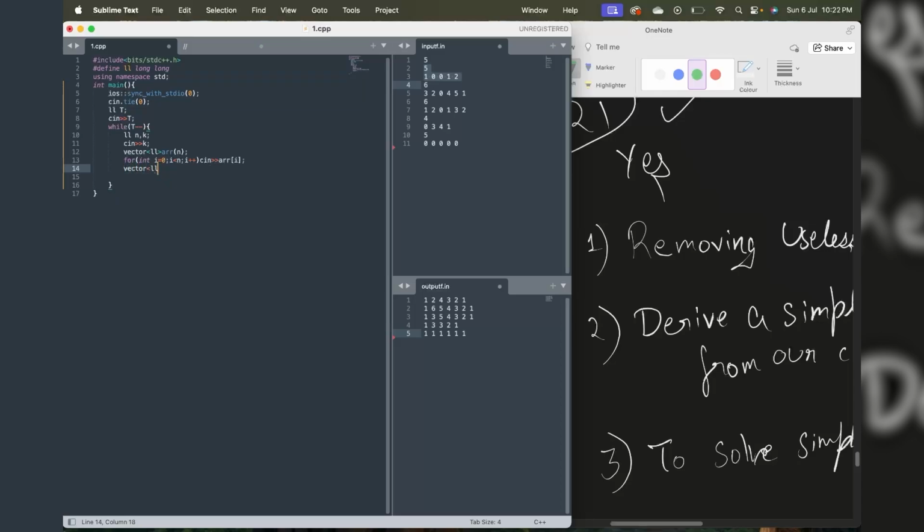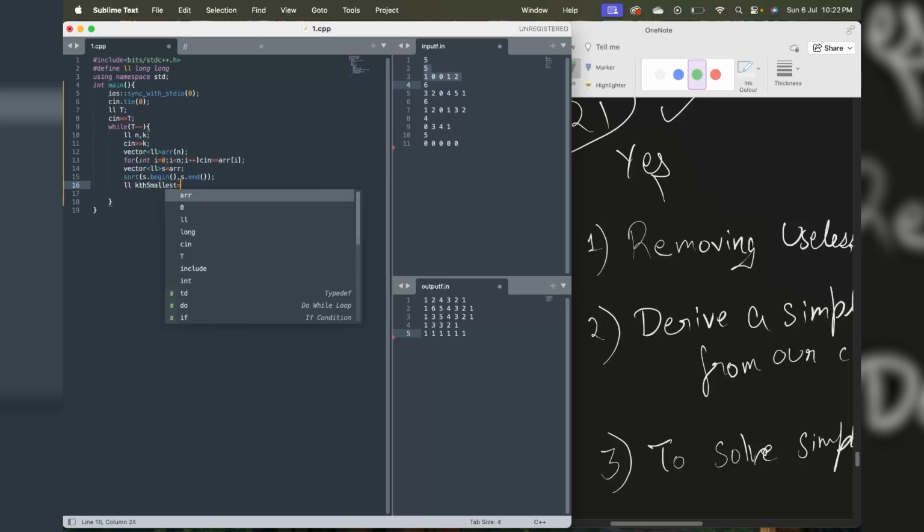Let's say I have a copy of this array as sorted array. I'll just sort the array and my kth smallest would be array of k minus 1. Now I'll remove all the numbers that are greater than kth smallest number from my array